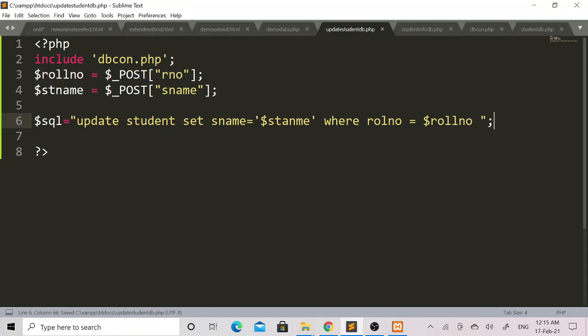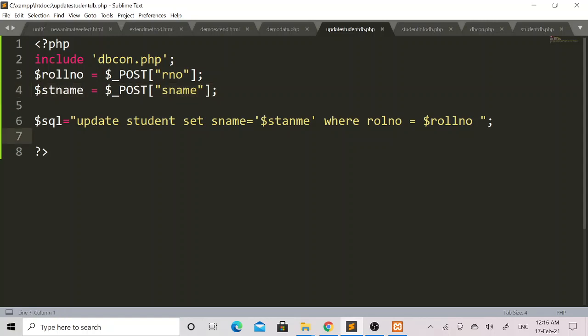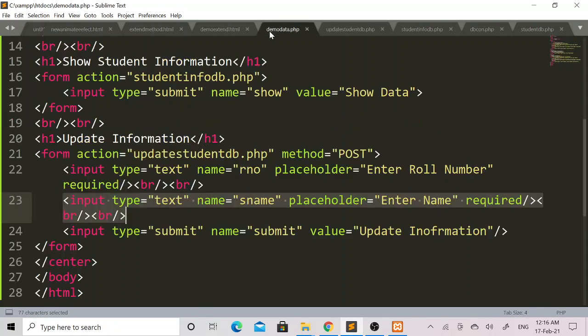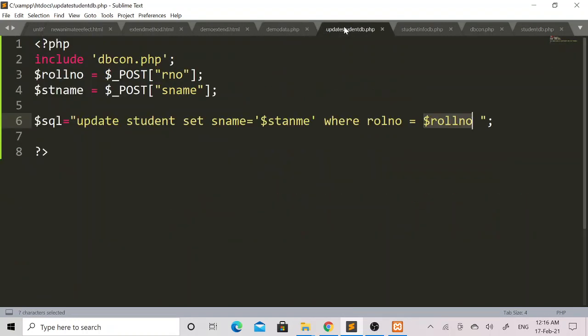So what will happen, whatever student name is entered by the user in the student name input text field will get updated in the sname column, where the student roll number is mentioned by the user in the roll number input text field. So for that respective roll number, the given student name will get updated in the student table.